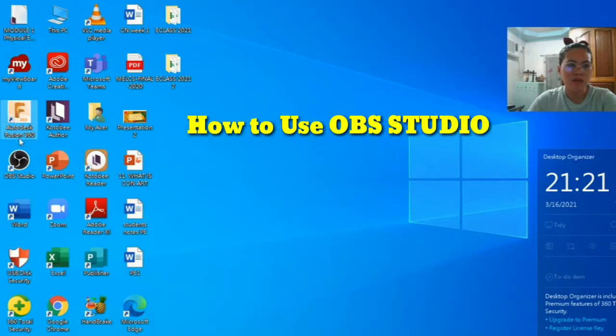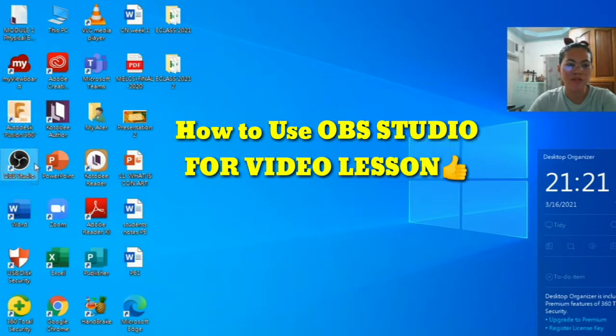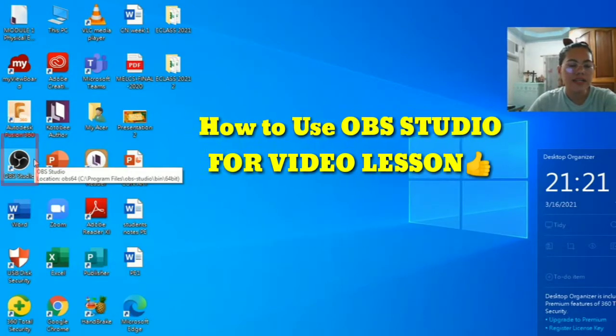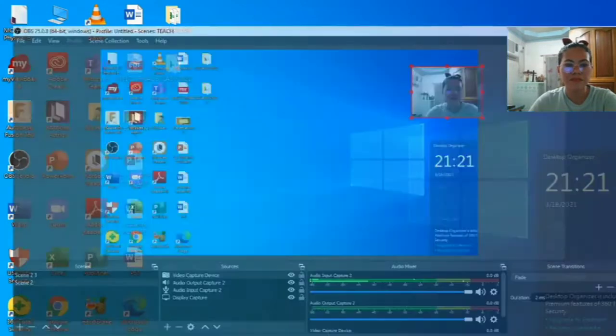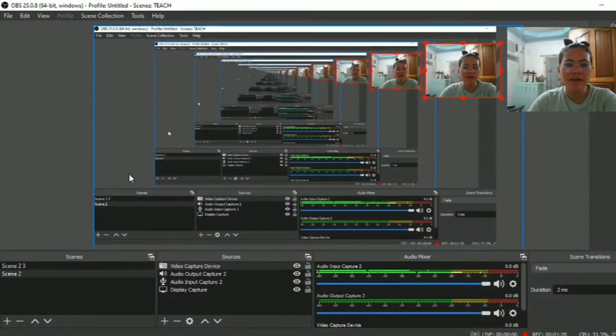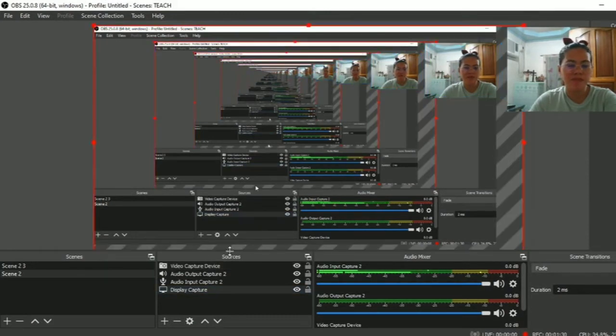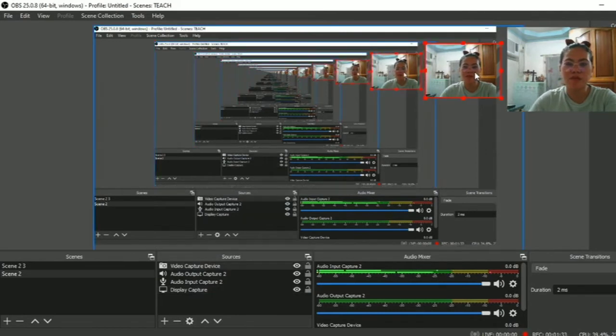This is OBS Studio. Later, I will share the link on how to download OBS Studio. Going back, on my screen here, this is what we call the display capture. So, how can we input lessons or videos using OBS Studio? First, this one here,